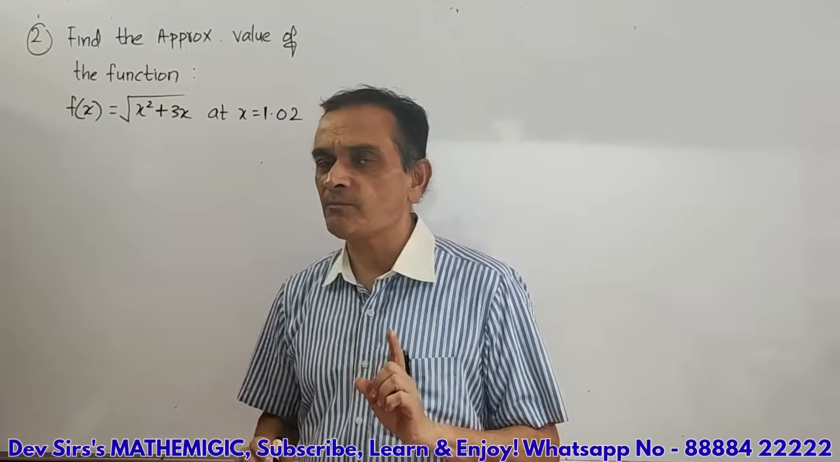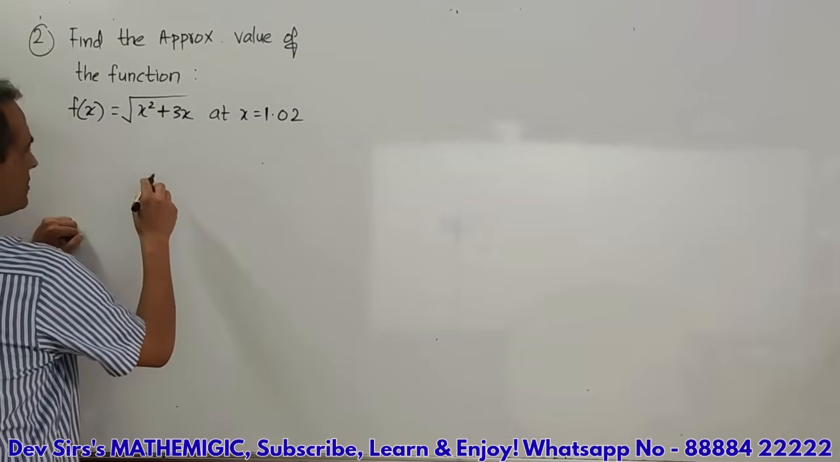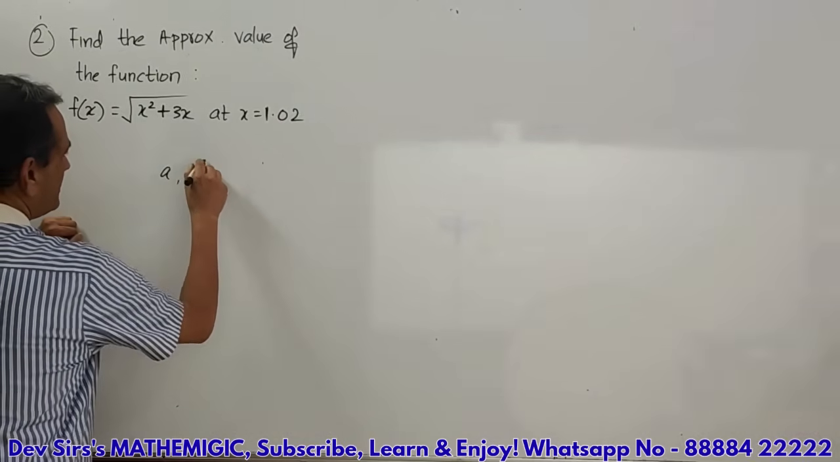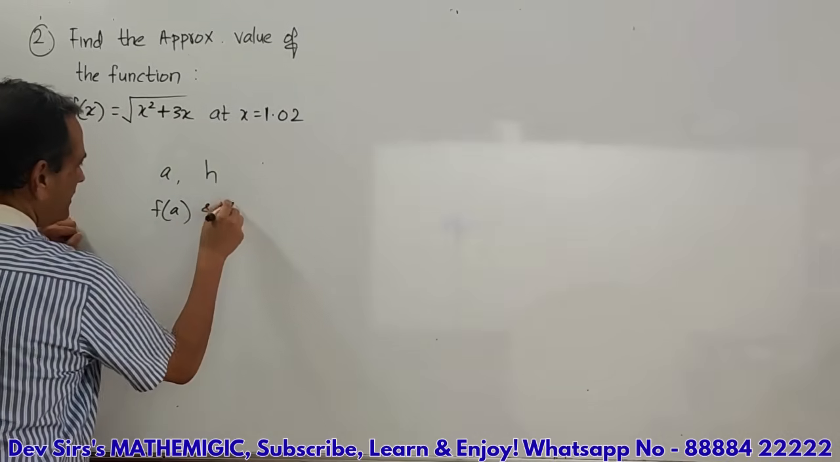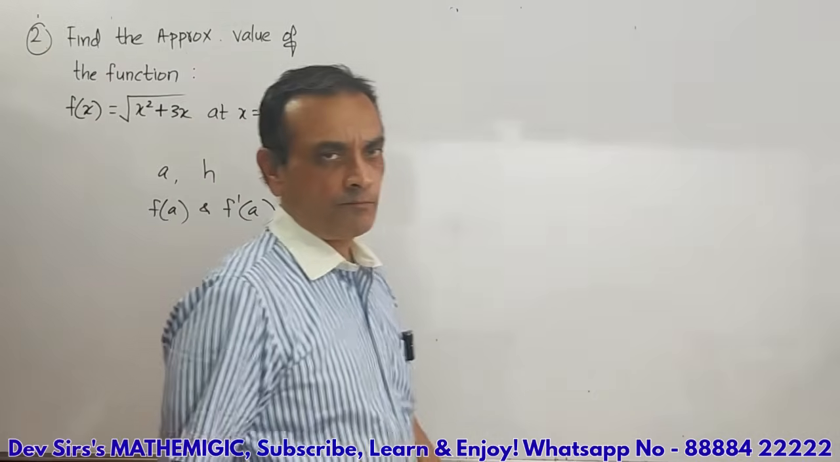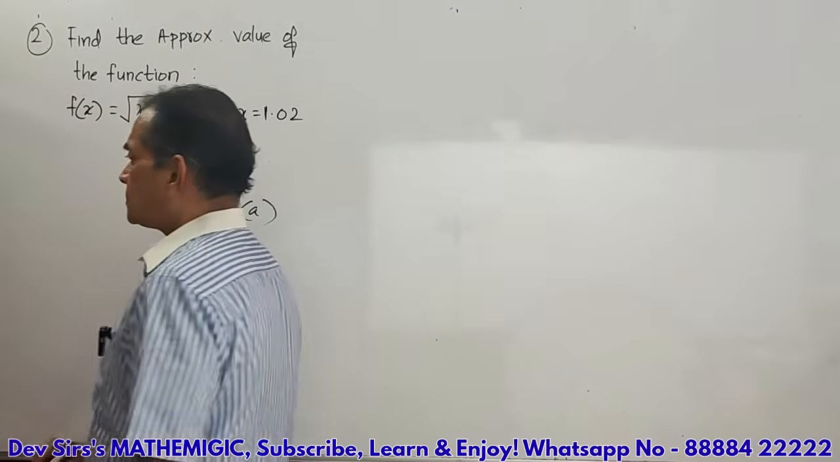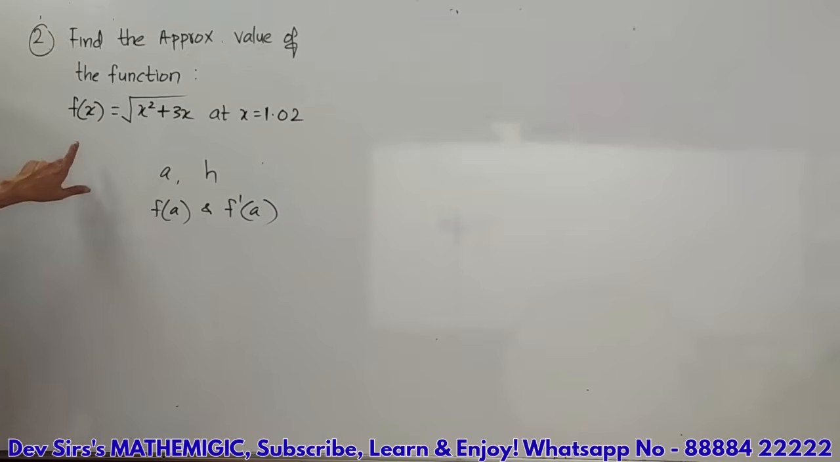4 important things ध्यान में रखो. What do we require? First of all, we require A, H, FA and F dash A. These 4 things are required. ओके. तो अभी एक काम करेंगे. फर्स्ट ऑफ ऑल लेट अस फर्स्ट फाइंड आउट एफ डैश एक्स. बाद में सब ले लेंगे. ओके. सो एफ एक्स इक्वल टू